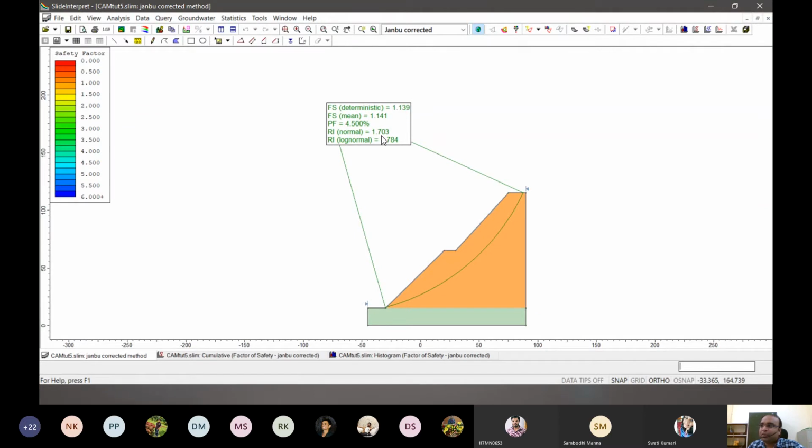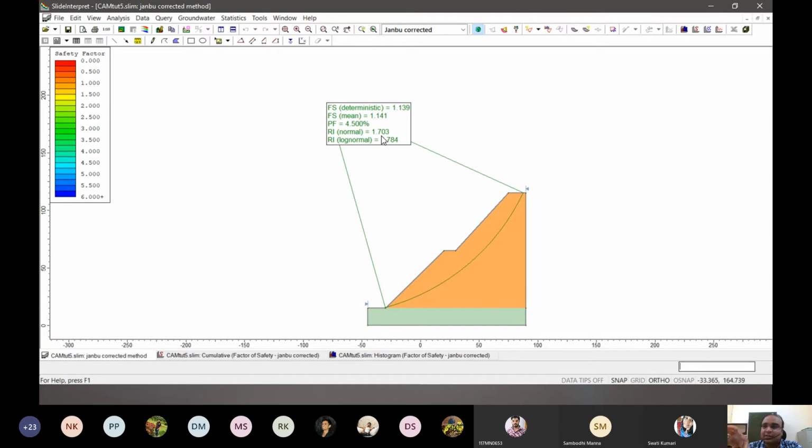stable slope. So when we go for this kind of probability analysis, we actually get many more criteria to say that, okay, in terms of factor of safety, I'm getting a value of 1.14. In terms of failure probability, I am getting a very low value of 4.5%. So right now the probability of failure of your slope is low. However, the reliability is also low. It's not up to the standard at which a stable slope is generally considered. So there will be requirements of further stabilization.